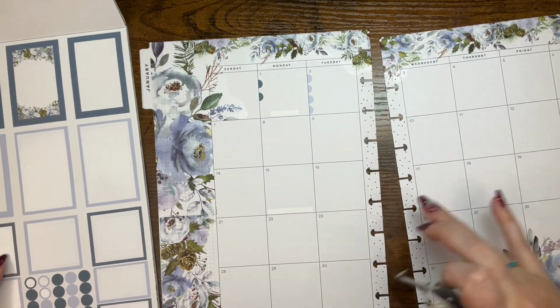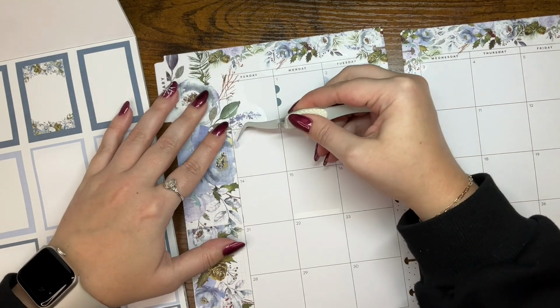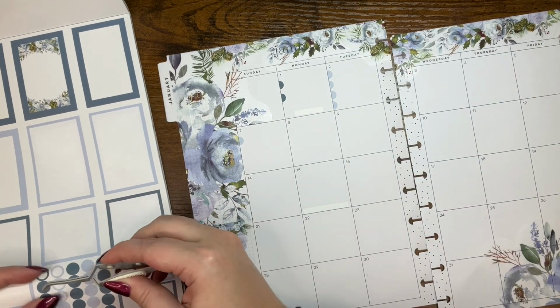Let's put a dot there now. So let's see. This needs to be a light colored one because I have some for the 9th and I don't want to put light colored ones under there. So